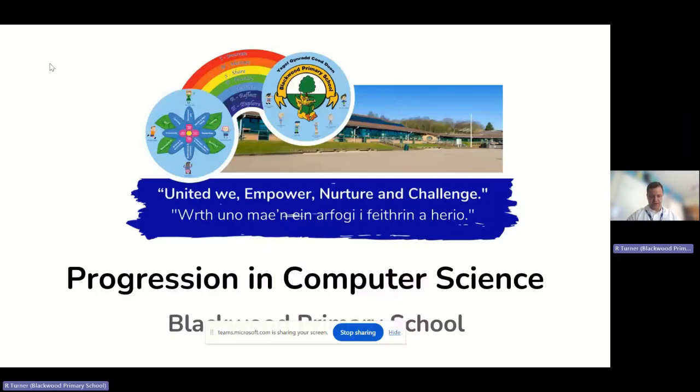Hi, my name is Richard Turner. I'm a Year 5 teacher and SciTech lead at Blackwood Primary School. So the focus obviously for today is developing the progression in computer science. After undertaking the AS course Managing Digital Effectively, it forced me to critically evaluate the provision that we had